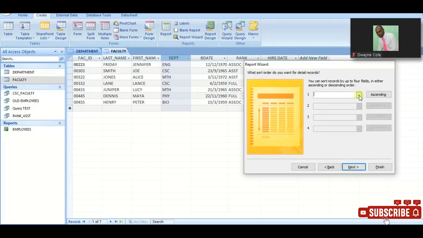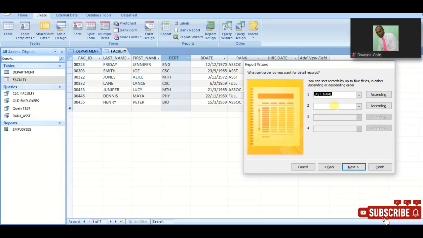For this area, this is your sorting area. Let's say you want to sort in terms of last name in ascending order, and let me explain that as well. When you're going to sort by, let me enter last name here first. Select last name. I am going to sort by last name in ascending order. I'm simply saying the person's last name will appear in order of the alphabet A, B, C, D, E, all